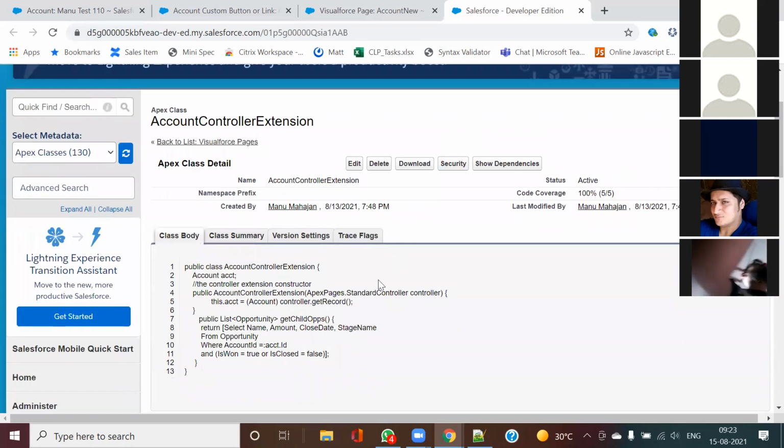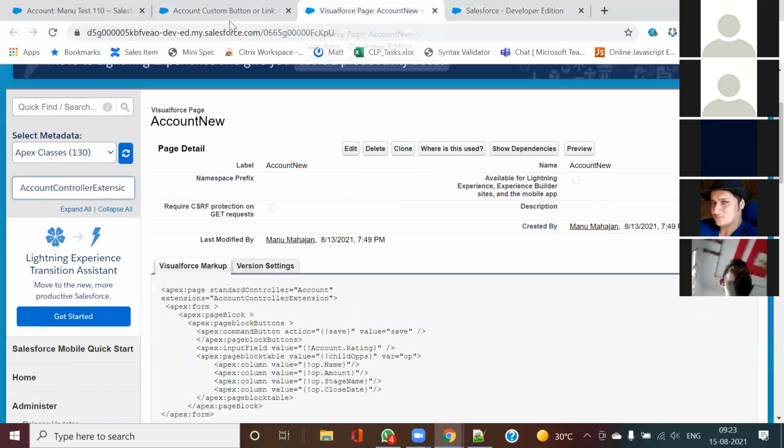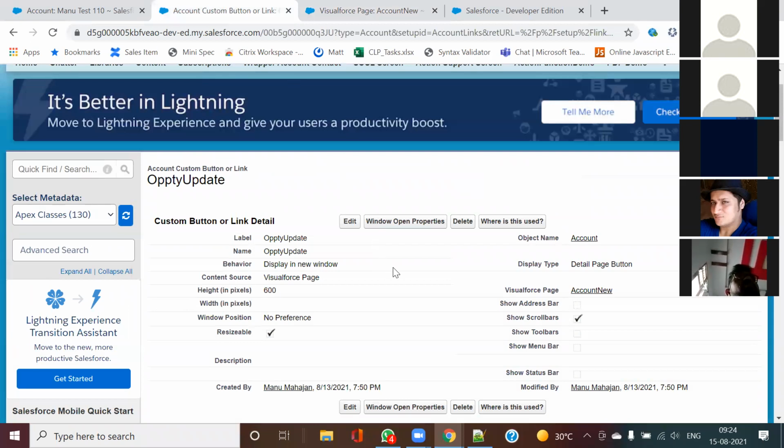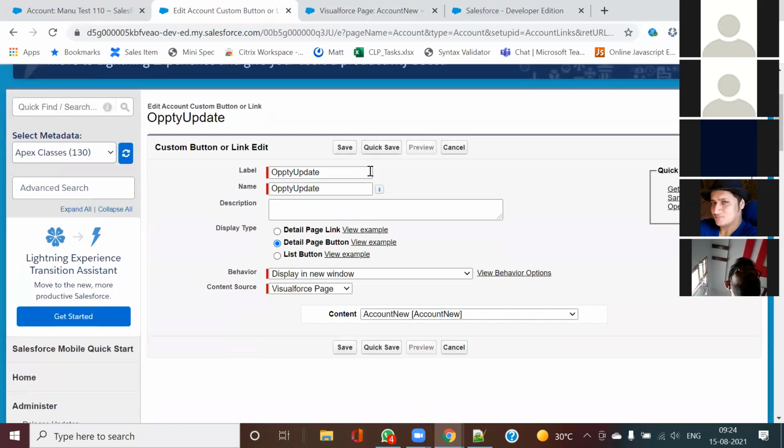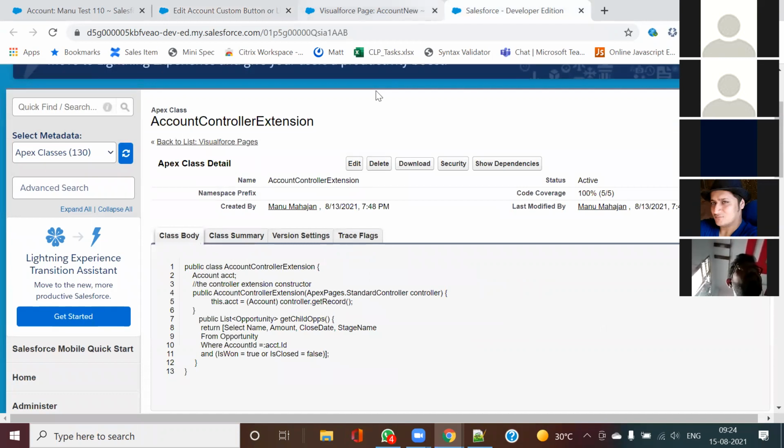Yeah. Here, if you see how it has been done, I will open the button also for it. Here is my Apex class.